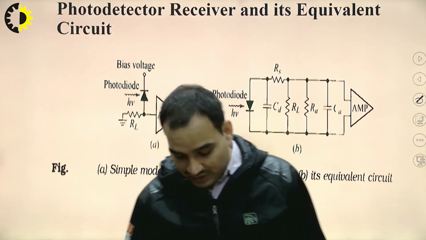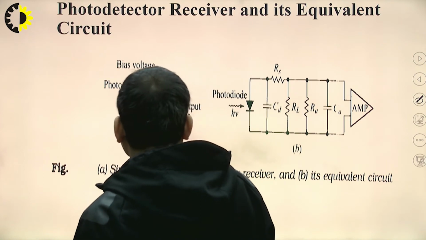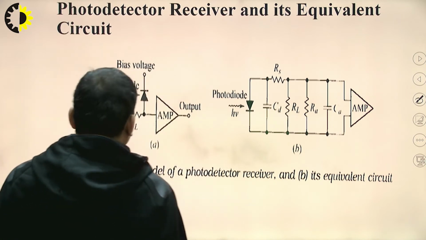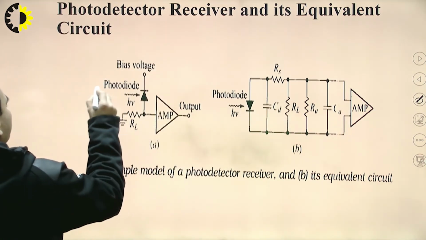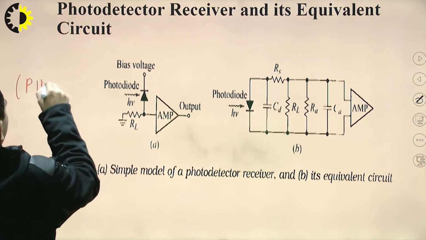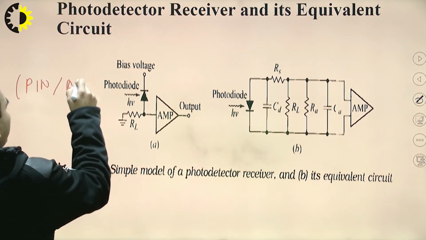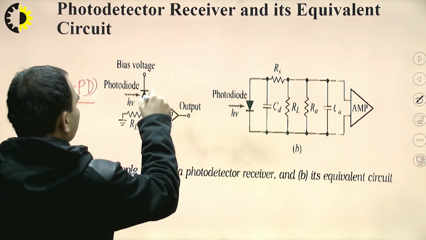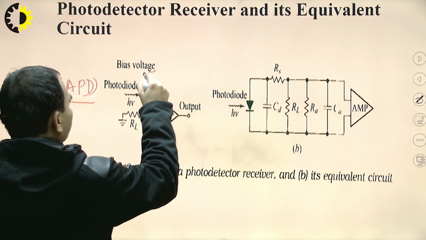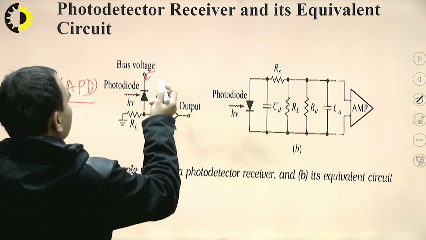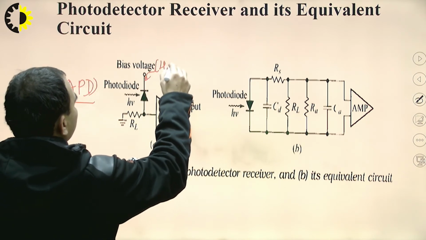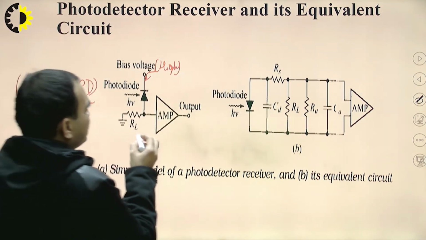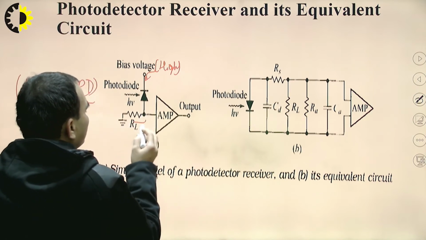So let's discuss the photodetector receivers and their equivalent circuit. This is a simple model for the photodetector receiver. We can see here we have the photodiode, which may be a PIN photodiode or an avalanche photodiode, abbreviated as APD. Here we are applying the bias voltage, so we have to keep this diode in reverse bias. The bias voltage is applied to the N side, so a higher voltage is applied to keep it in reverse bias. The positive, that is the P side terminal, is connected to the ground via the load